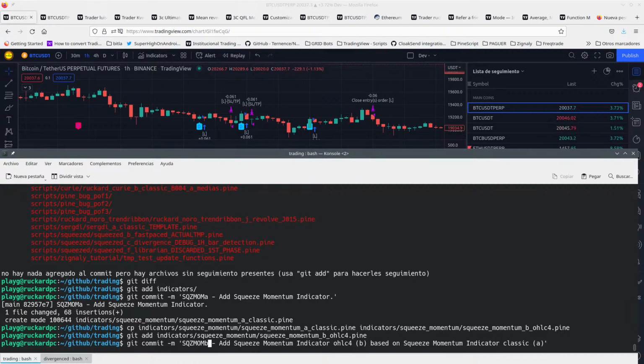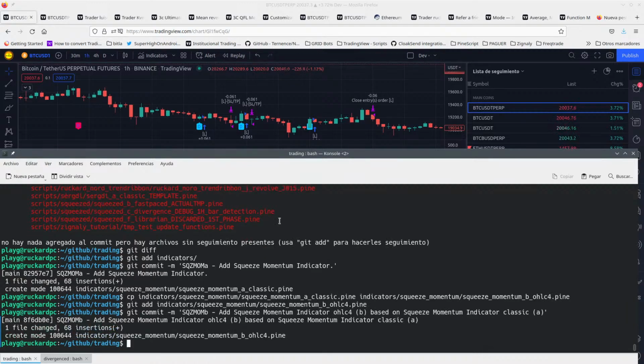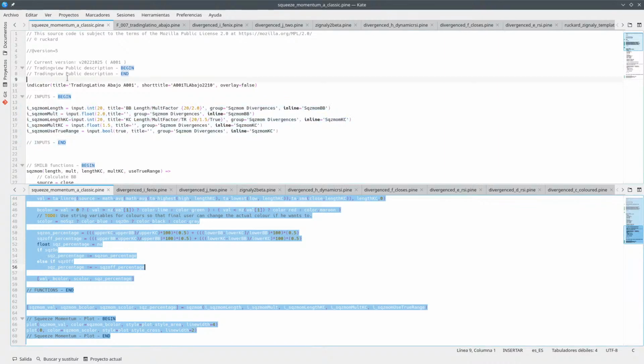Classic, and this is going to be B. Nice. So now we should be able to open